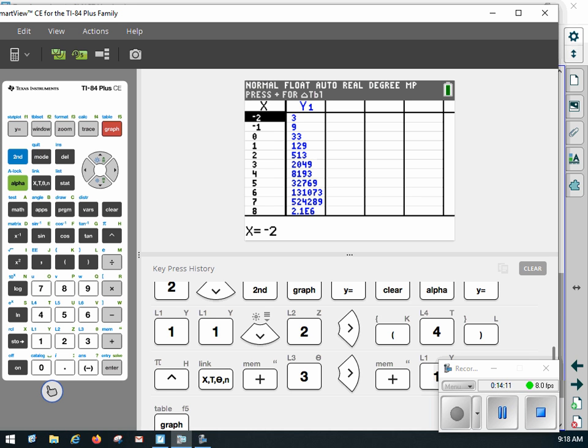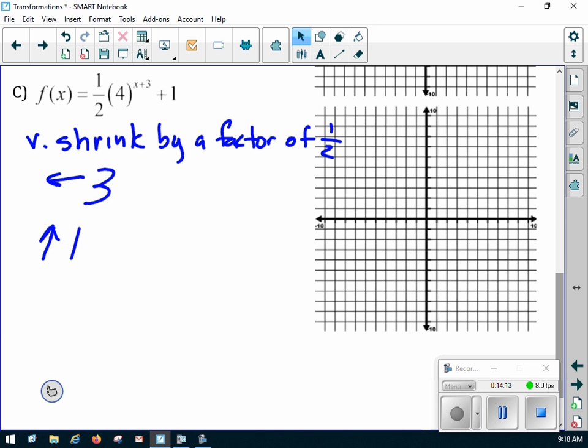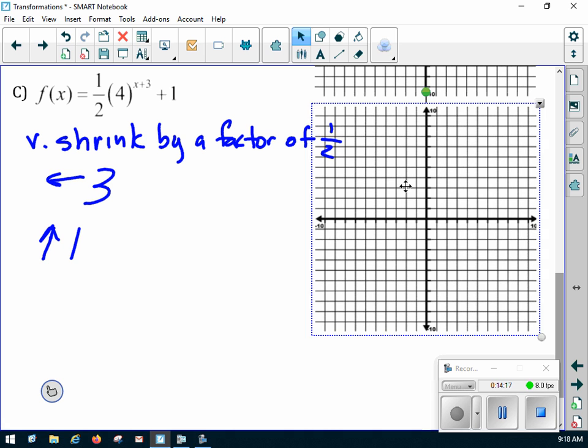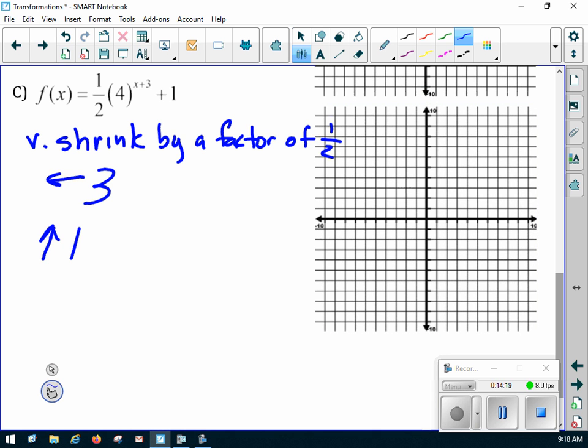-2, 3, and -1, 9. Was that -2, 3? And -1, 9? Yeah. 4, 5, 6, 7, 8, 9. And then 0. Now, what we've got to do is figure out